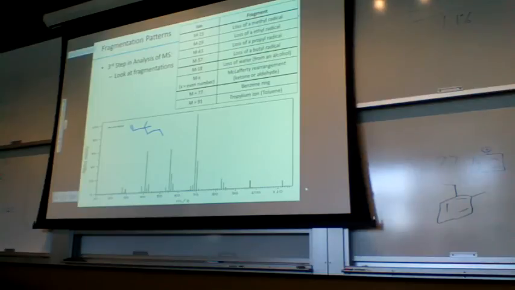If we look at our M plus peak, it's at 112, and then our next one over is at 97. So that's an M minus 15 peak. Next one over here is 83. So we have an M minus 29. 69 is M minus 43. M minus 57, and then this next one's actually M minus 70, 71. Each of these corresponds with the subsequent breaking off of either a methyl group, an ethyl